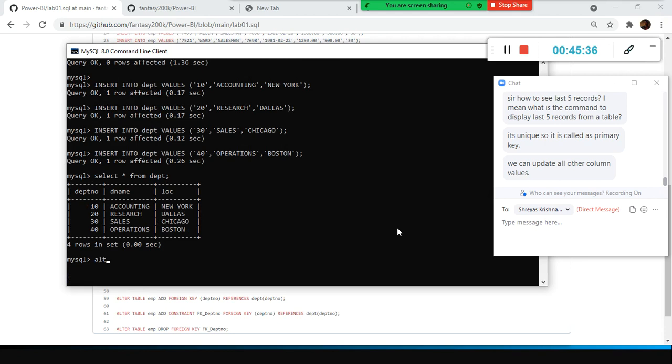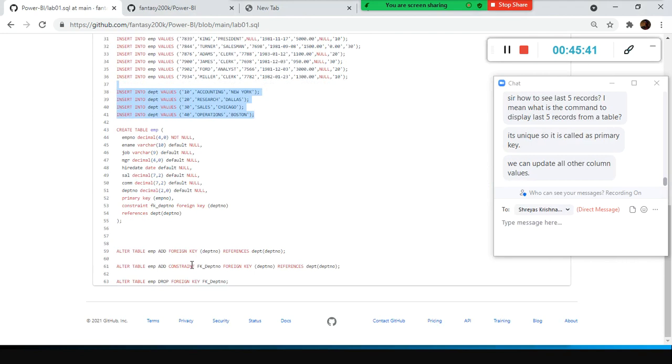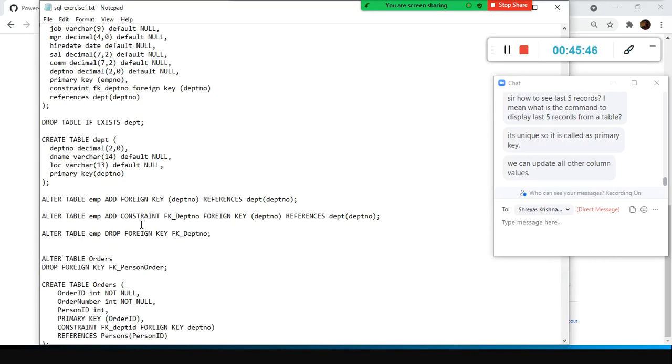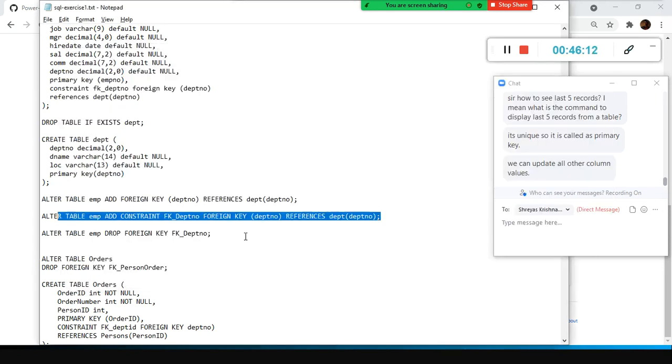So, alter table. Look here, the script is there. Alter table emp, it is there already. You need to use this syntax. Alter table emp add constraint FK depart number foreign key, with the department number in parentheses, then references.